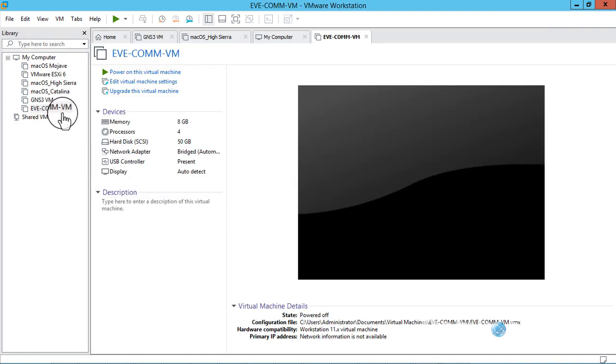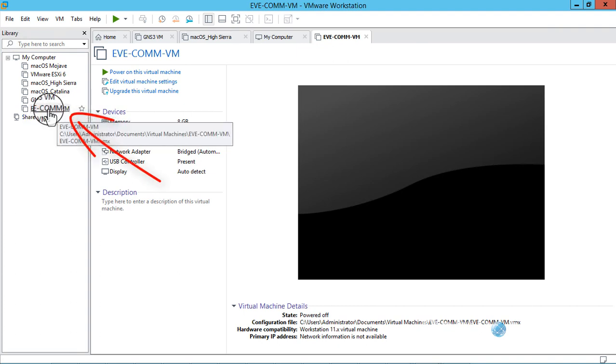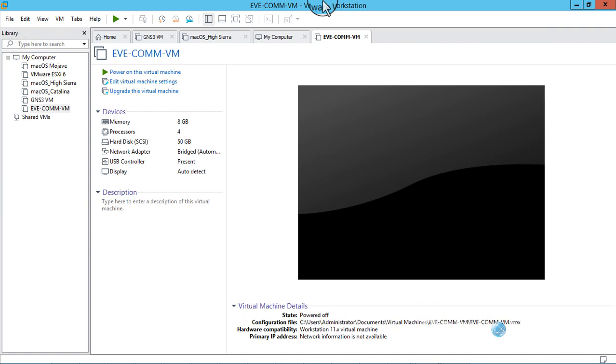So import is also completed. Now you can see EVE community VM successfully imported in VMware Workstation.